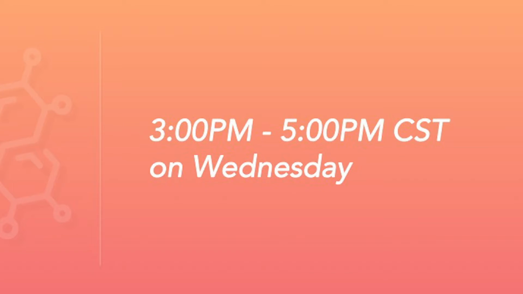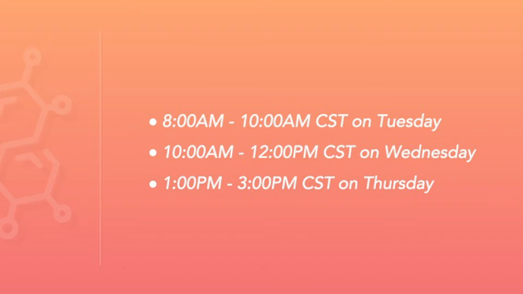All that said, know that according to Sprout Social, the average best time for LinkedIn engagement is between 3 and 5 p.m. Central Time on Wednesdays. Other top engagement times: 8 a.m. to 10 a.m. Central Time on Tuesdays, 10 a.m. to noon Central Time on Wednesdays, and 1 to 3 p.m. Central Time on Thursdays. Obviously, if your persona is restricted to a specific time zone, you could adjust these times to remove the nationwide